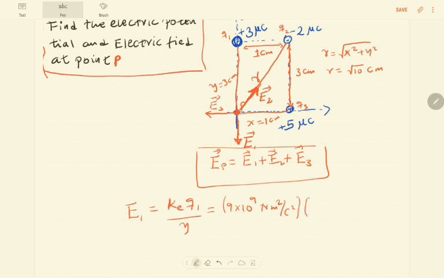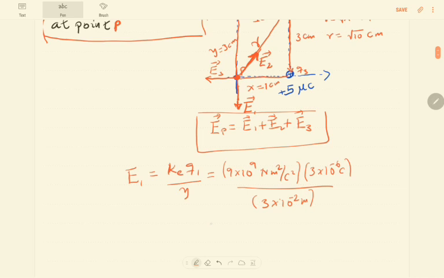Here 3 micro coulomb ተሰጥቶናል ማለት ነው። ከላይ እንደምትመለከቱት Q1 is 3 micro coulomb, simply 3 times 10 to the power of minus 6 coulomb ማለት ነው። So the proper unit መቀየር አለብን። Then divided by the separation distance, y is 3 centimeter, that is 3 times 10 to the power of minus 2 meter ማለት ነው። So proper unit ገልጻለን።